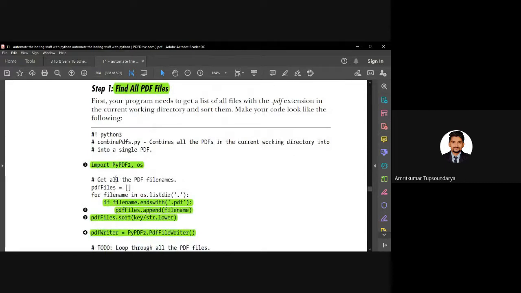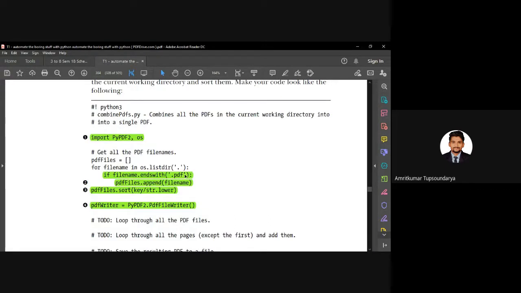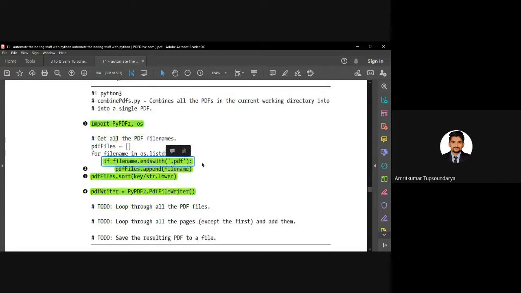Once we import PyPDF2 and OS, we can select all the files which end with .pdf, right? So once we have a file name which ends with .pdf, we are going to append the file name, right? And then we are going to sort it. Then we are going to create the writer object for it, right?